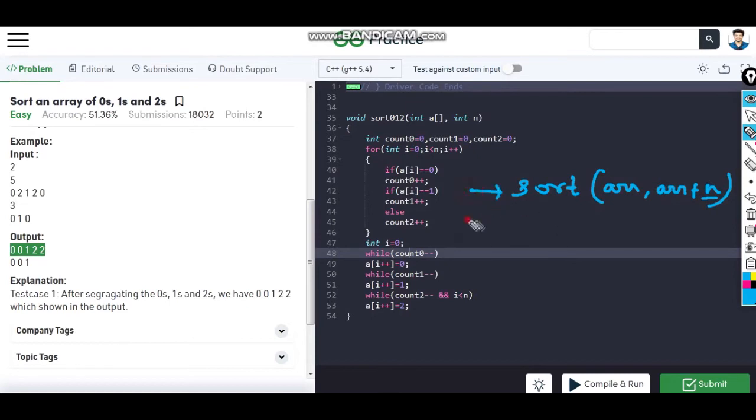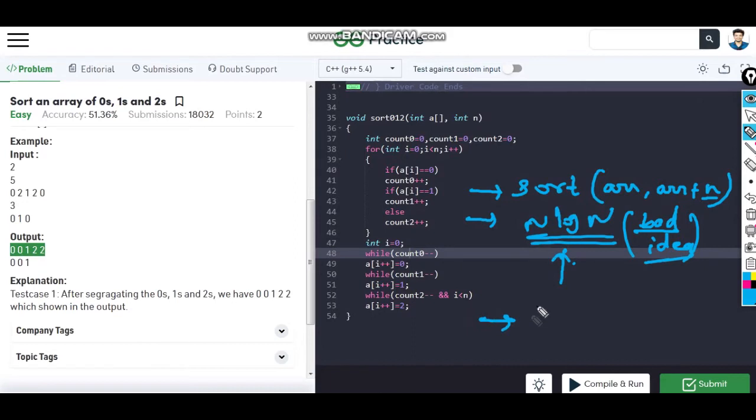This is a bad idea to solve it like this, because we haven't used our mind to solve it. This is just a jugaad, but we don't want to do that.